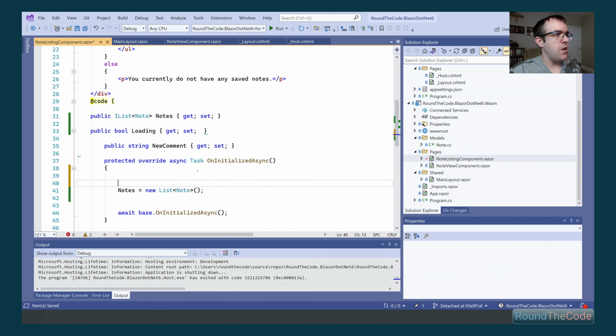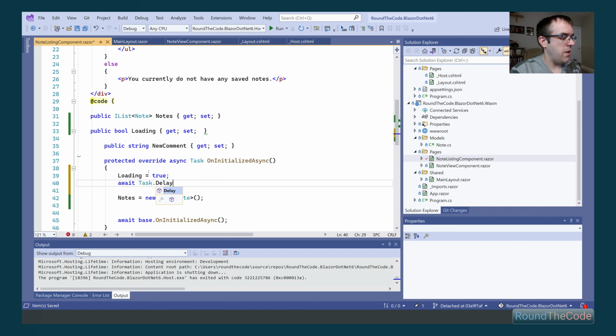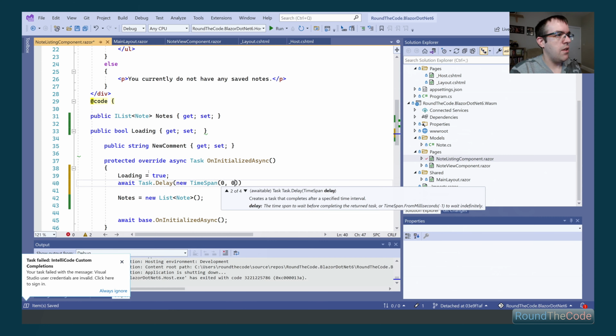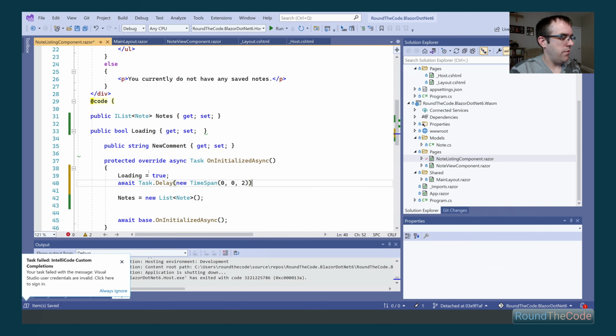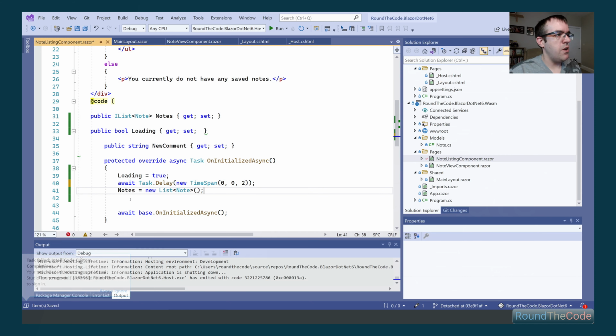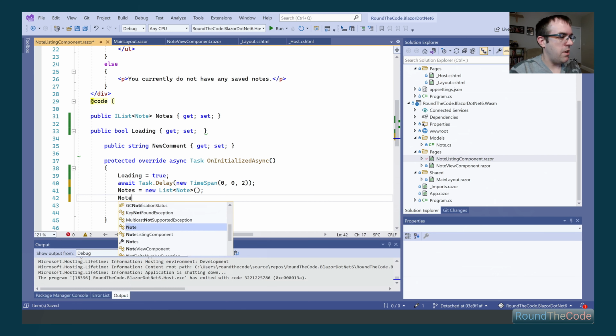Now we're going to make some changes to our OnInitializedAsync method. We're going to set loading equals true. We're now going to set a task delay so I can show this to you. I'm going to set it to 2 seconds. Okay, so we're initializing our notes instance down here. We're going to just create some default notes in here.